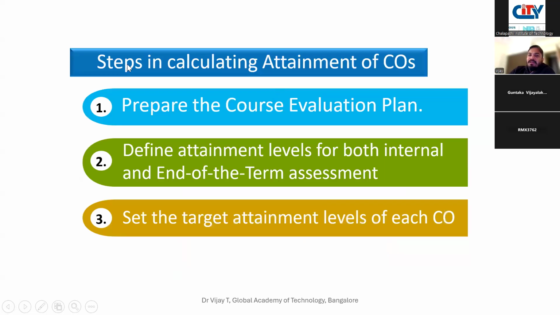So steps in calculating the attainment of COs, usually this is what is followed. Prepare the course evaluation plan, define attainment levels for both internal and end of the term assessment, set the target attainment level for each of the COs. So this is the next level. You may have all the COs target to be the same. So if that is the case,